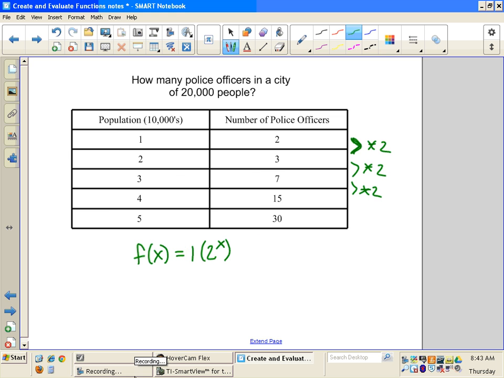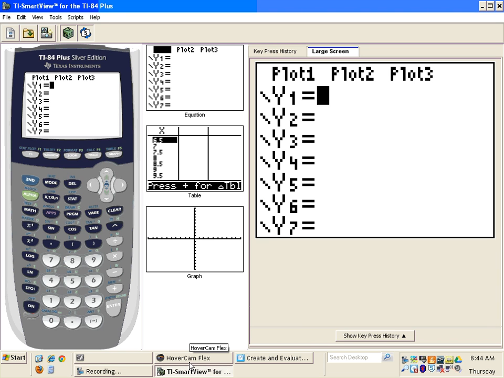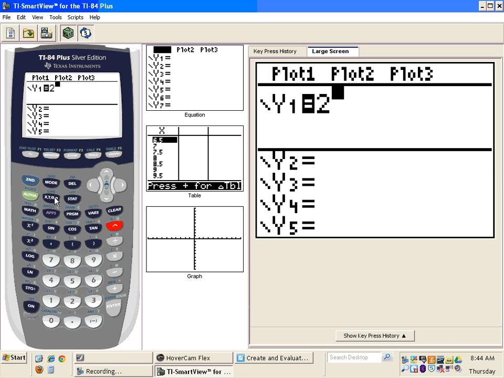So we want to know how many police officers in a city with 20,000 people. Let's say we want to bump that population up. Okay, let's say that there's 100, we want to plug in 100 for x, 1,000,000. So the easiest thing to do at this point, rather than having to do it all out, is to go to a graphing calculator, or even a calculator on your apps that would show a table as well, and we're going to plug in 2 raised to the x power,